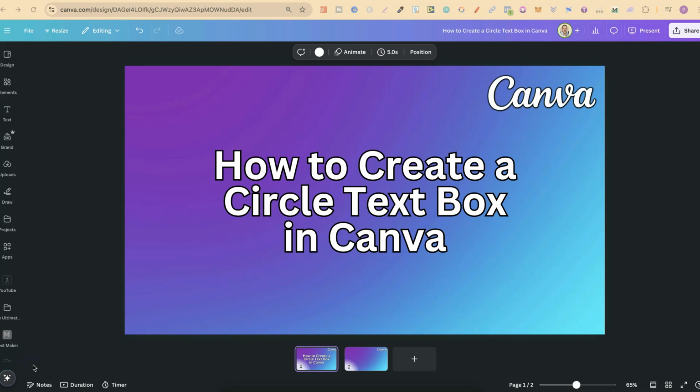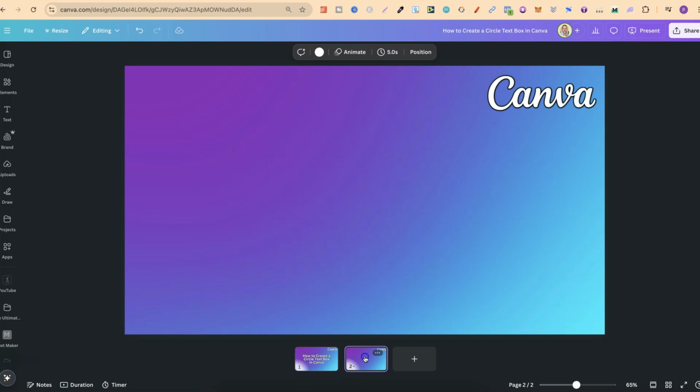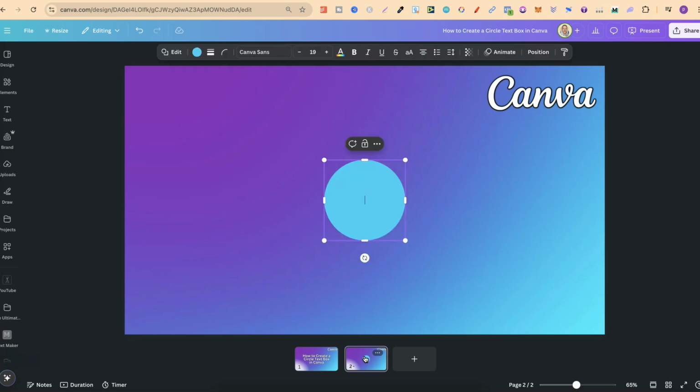In this tutorial, I'm going to show you how to create a circle text box here in Canva. Now, this is actually really easy to do. To bring up the circle text box, we can simply click C on the keyboard for the quick shortcut, or